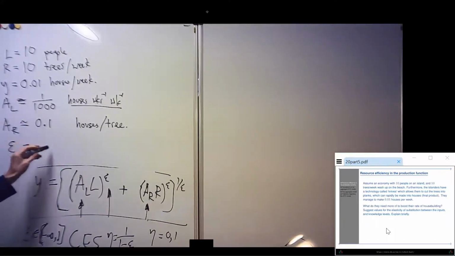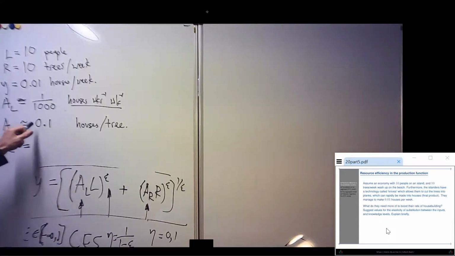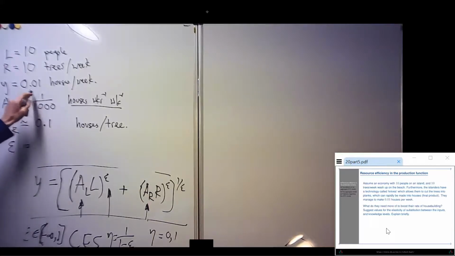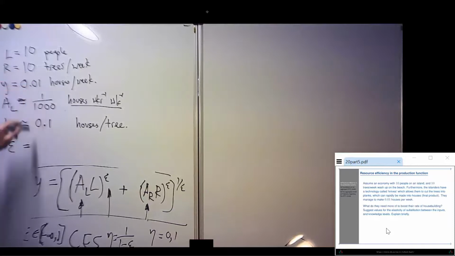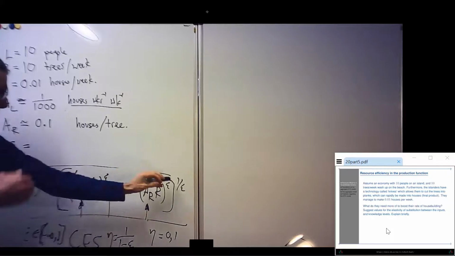If we went with Leontief, we'd say epsilon is minus infinity. And then this would fit exactly. Trees would be in massively excess supply. ALL would be 0.01, Y would be 0.01. But if we're going to choose something else,